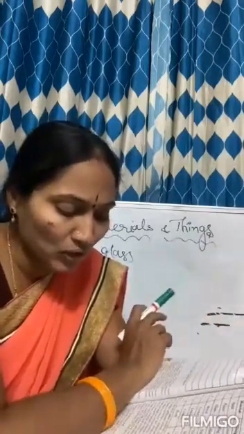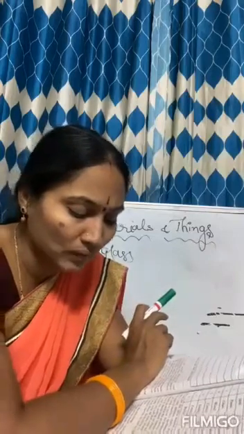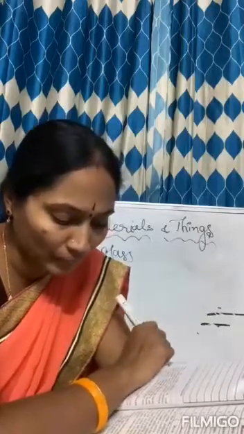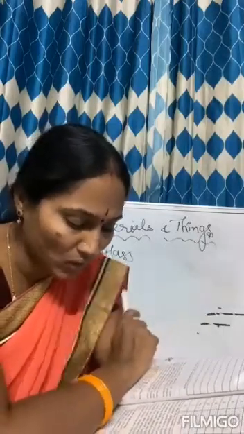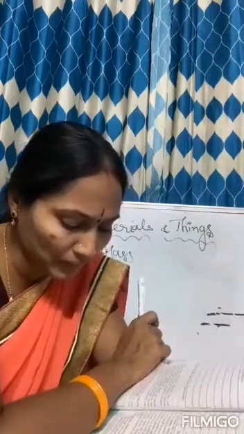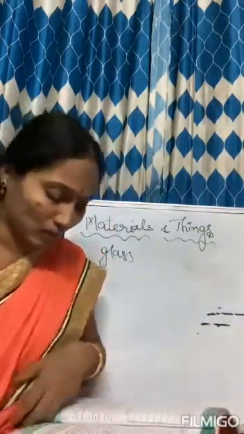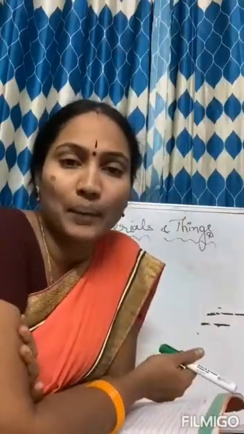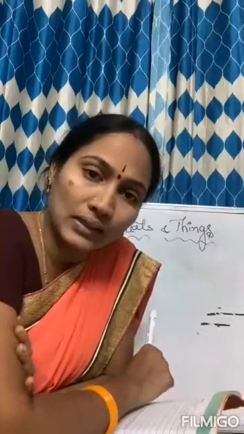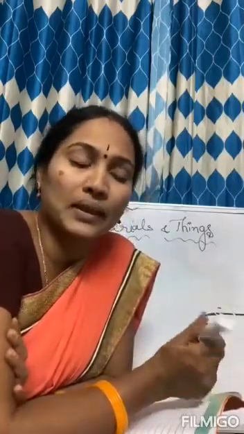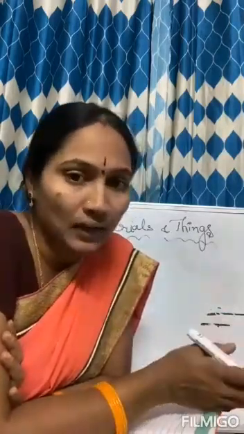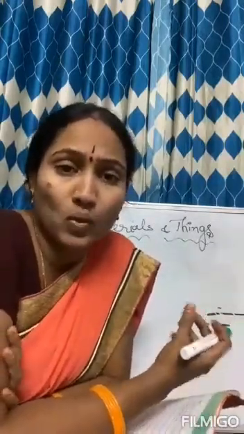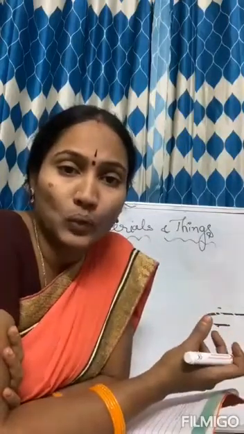So we need to know the properties of material as well as the properties of the object to decide which material should be used for making an object. Some materials are soft and some are hard. Similarly, some are shiny whereas some are non-shiny. Depending on these properties, materials are used for different objects. So, wood is hard and the cotton fabric is soft. We have to know the property. What type of property does a wood have? So what can we make with a wood?